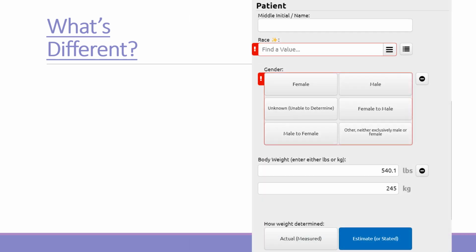Other things, and this is just a smattering, an assortment of things. Race is now state required. I think it was orange validated on the current run form. It's now going to be red validated on the new run form. There are some new gender choices there of the transgenders. And at the bottom, you see how was weight determined, estimate or what the patient